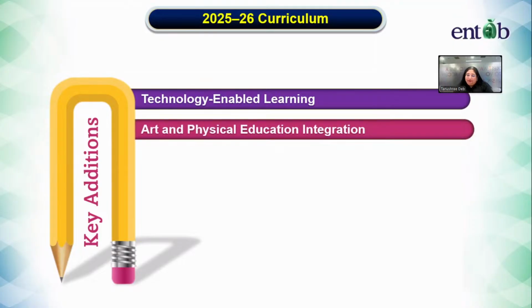Now, the next is art and physical education integration. Since 2019, art integration is well integrated within the curriculum structure. This is required for holistic development. We have to see how well we blend interdisciplinary, project-based learning, integrating art and physical education in core subjects rather than as a co-curricular activity. We have to bring it into the mainstream study of the individual.